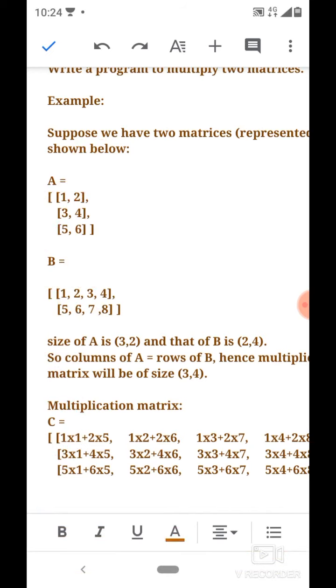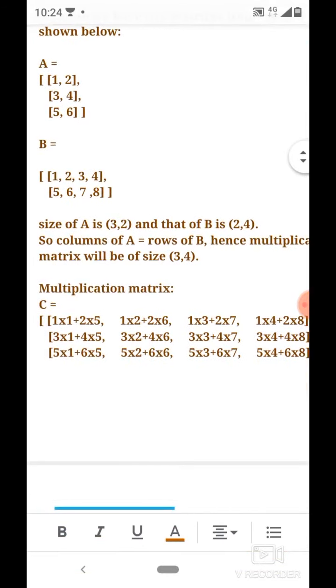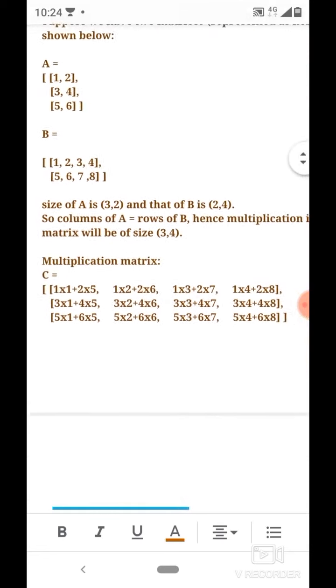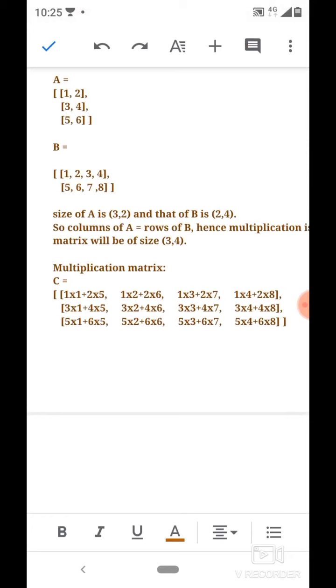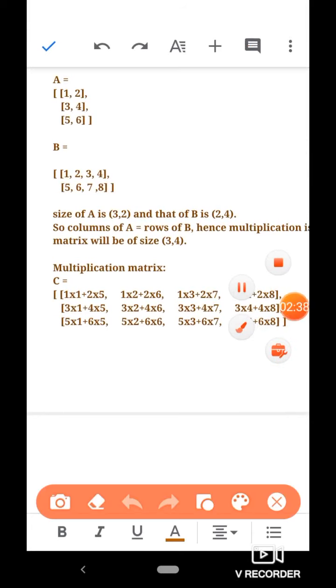Now let us see how the multiplication matrix is computed. To obtain the first item of matrix C, we take the first row from matrix A and the first column from matrix B. First row means items 1 and 2, and first column of B means items 1 and 5.